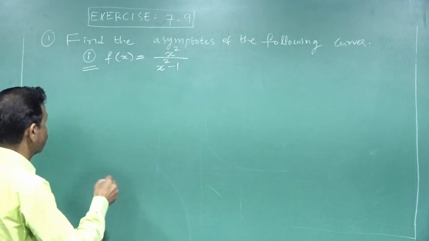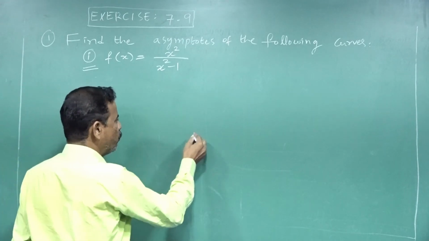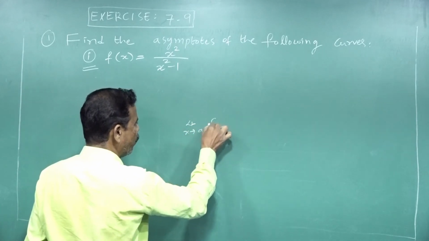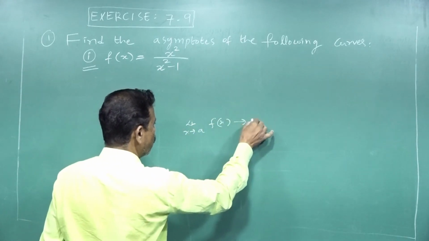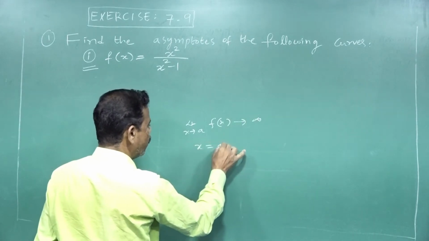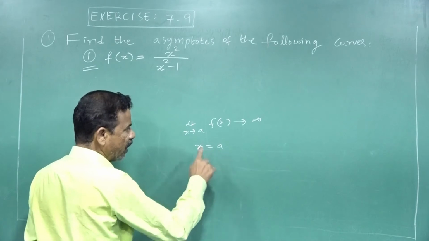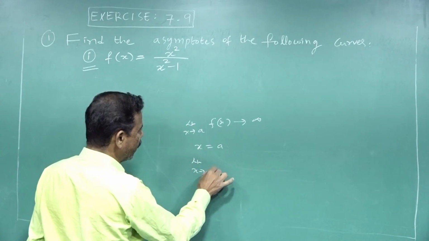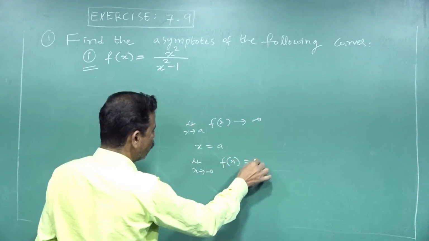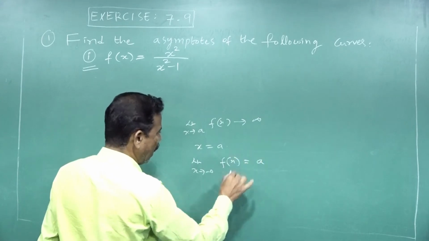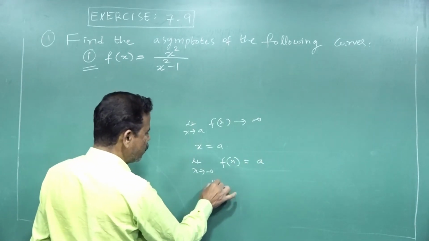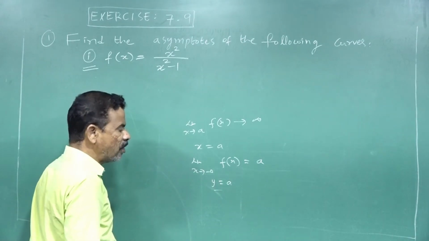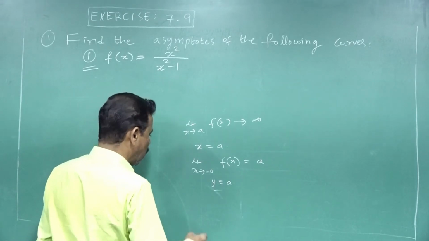Having or not, we check that. So what is the meaning of asymptote? I already told you. If the limit as x tends to a of f of x reaches infinity, then x is equal to a is an asymptote. So this is the vertical asymptote. If the limit as x tends to infinity of f of x is equal to some value a, then y is equal to a is another asymptote. So y is equal to a means horizontal asymptote. And about slant